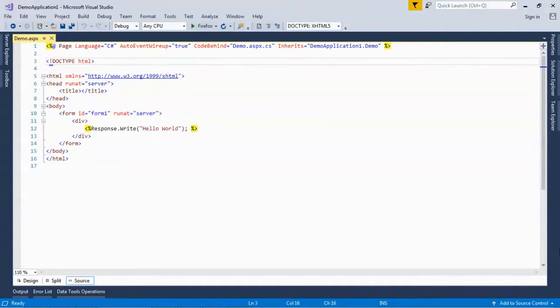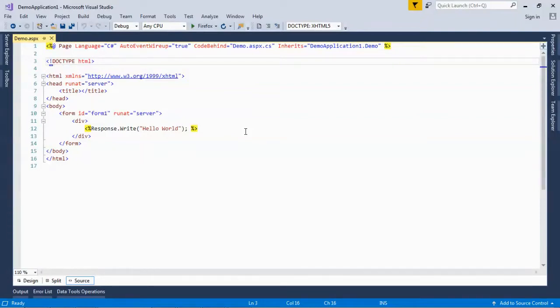Now we are on Visual Studio. This is the same application which I demonstrated to display the hello world text onto the browser. I will take the same application to demonstrate ASP.NET controls. Before discussing the features of ASP.NET controls, we have to take a web form on which we can drag and drop all these controls and discuss the features of the controls.